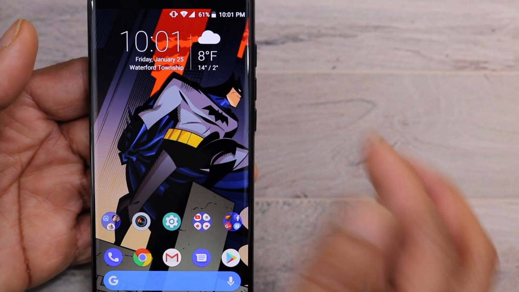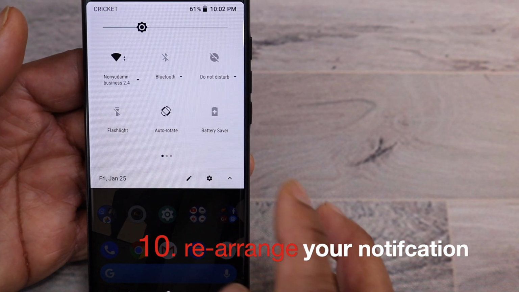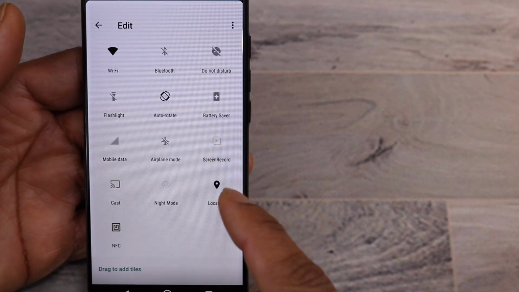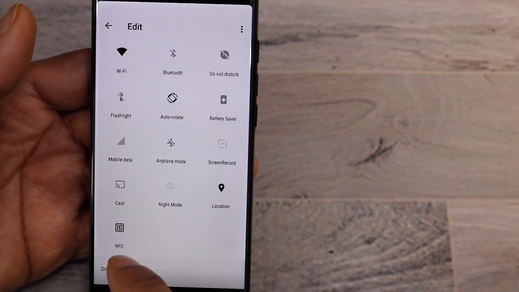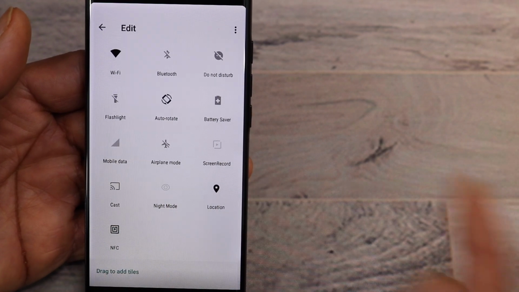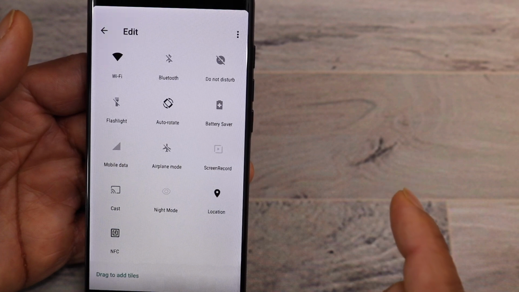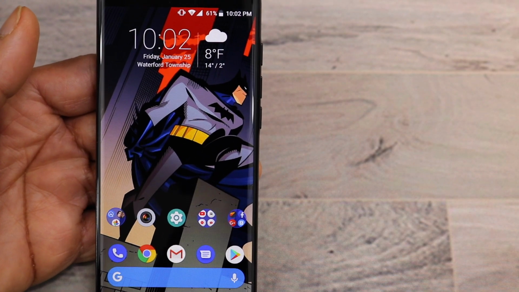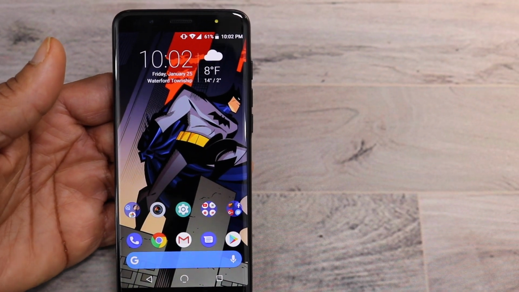And the last tip is you can theme up here in your notification area. Hit the little pencil button. You can set up what order you want your toggles to be in. It also has a native screen record that was down here. So what I did was I dragged that up so I can use the screen record that comes built in with the NUU Mobile G3 Plus phone. So that pretty much does it with the top 10 things that I would recommend you do with your